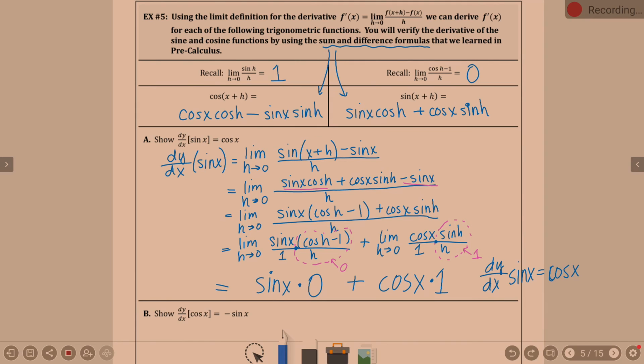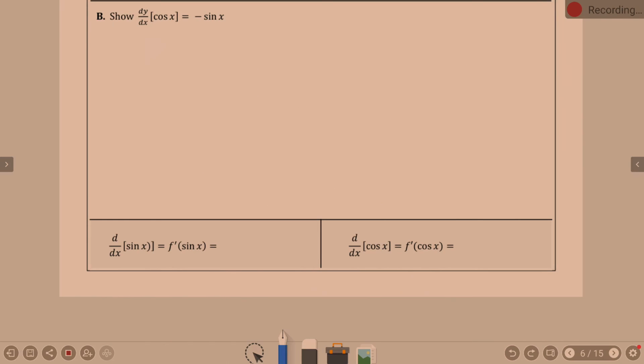Okay. Guess what? Same thing? Different function? Let's try it. Derivative of cosine is negative sine. Is that our goal? Is our goal to prove? So dy dx of cosine x. So in order to do the derivative of cosine, we're going to do the limit